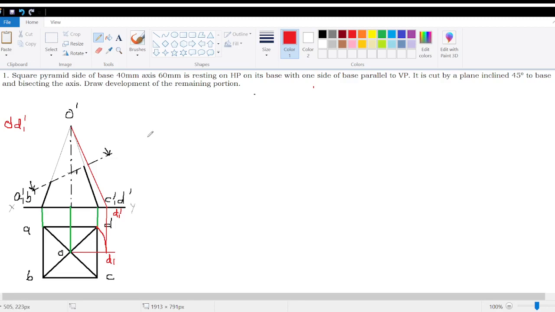So it's a very tricky question. Most of you will make a mistake by taking O dash C dash or O dash D dash as the actual length. So you have to take the new length, which is the actual true length. O dash D1 dash should be calculated and you have to draw the triangles with that length. Now coming to the development part,